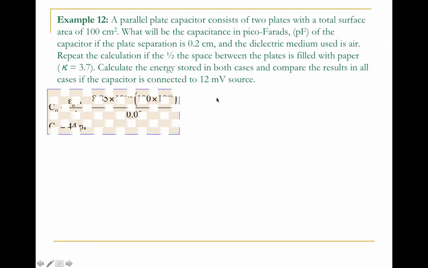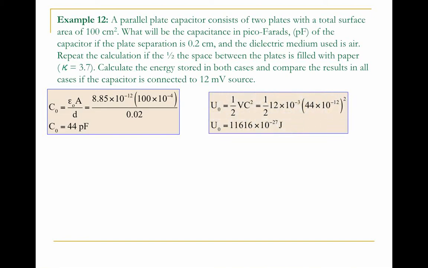Okay, so first we calculate the capacitance. The separation is 0.02 in meters. That will give me a capacitance of 44 picofarads, and that also gives me the energy stored, which is 11,616 times 10 to the minus 27 joules. That's the amount of energy